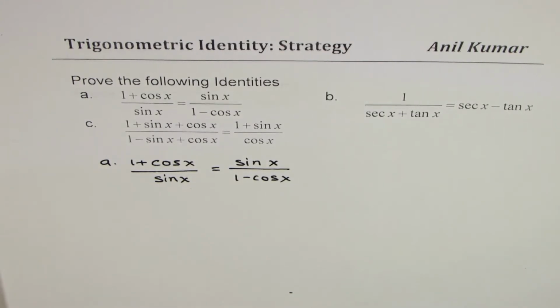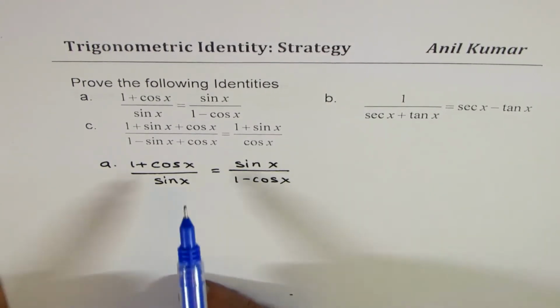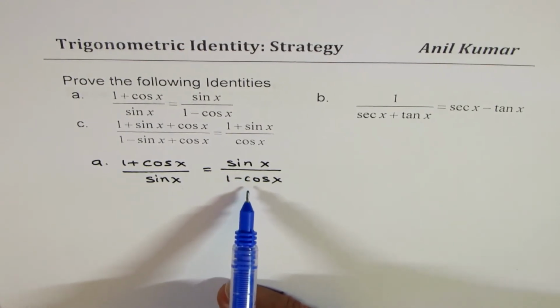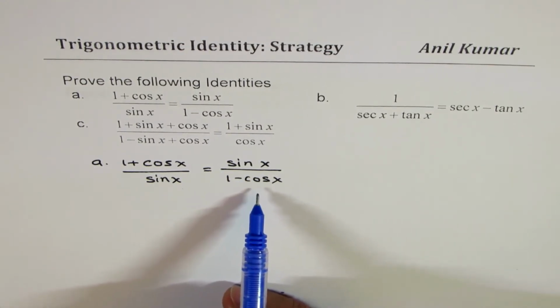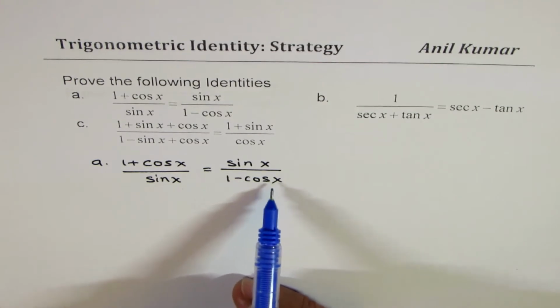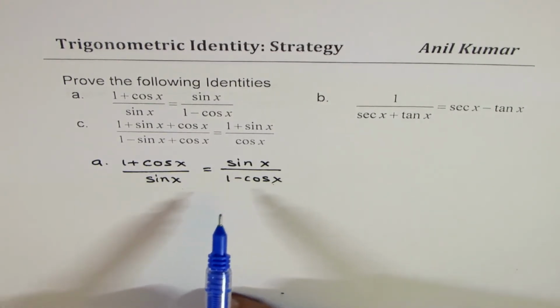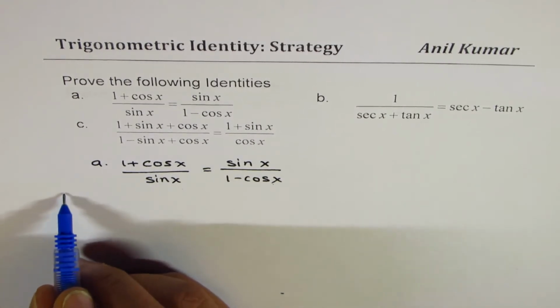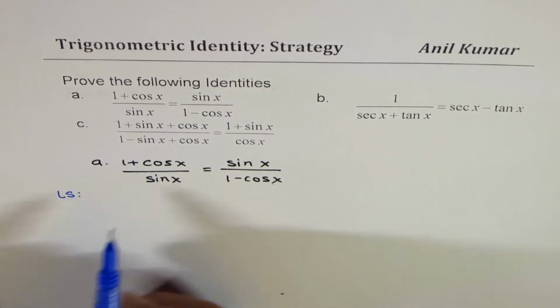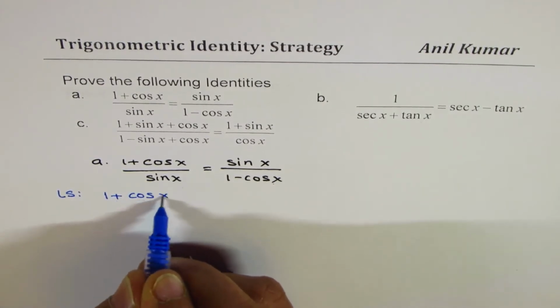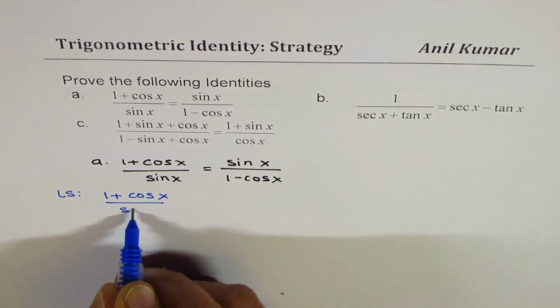Now in this particular identity, you will notice that we have few terms on the right side. We need to get sin x over (1 - cos x) from the left side. What we can do is that beginning with the left side, which is (1 + cos x) over sin x,